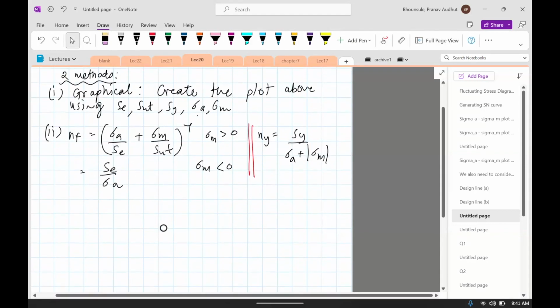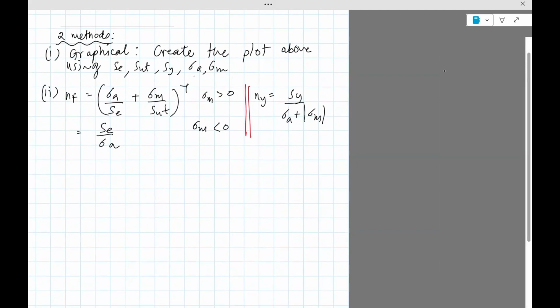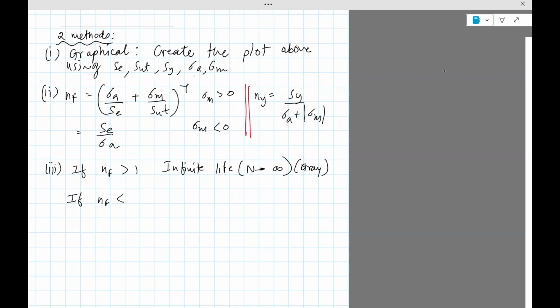Now the next step, once you get NF, NY, the third step is to do the following. If NF is greater than 1, it's infinite life, or n tends to infinity, or it's the gray region from the plot. If NF is less than 1, but NY is greater than 1,